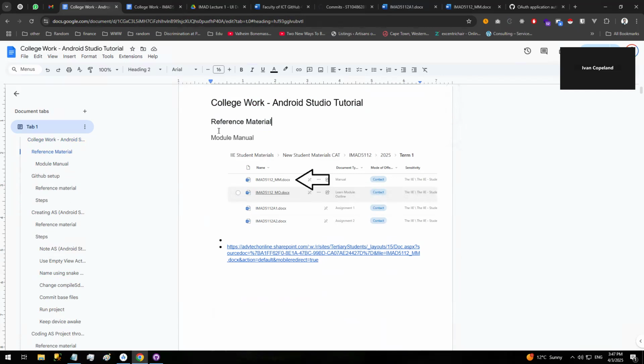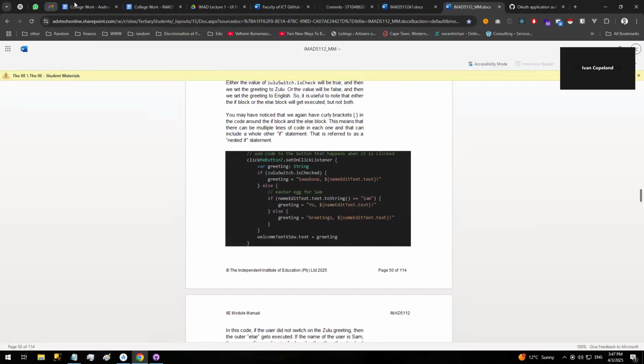So first of all, reference material module manual, you can find it in here. You can otherwise find it here, here, or here. So open that. I've got it open already here. Next up,